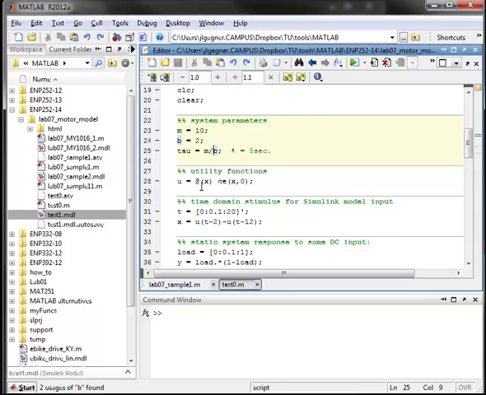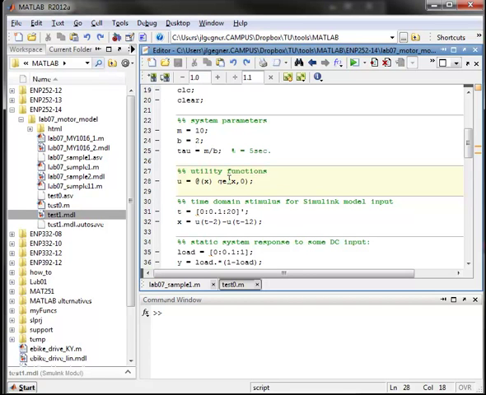I am going to use in a little bit a step function. I don't know if MATLAB has one built in, but I decided just to make my own. This is how we define an anonymous function. The reason it's called anonymous is that MATLAB's standard is that when you define a function, you actually place it in its own .m file. So if I were to call a file u.m, and I included that file within the path of my MATLAB workspace, then I could make use of a function called u,